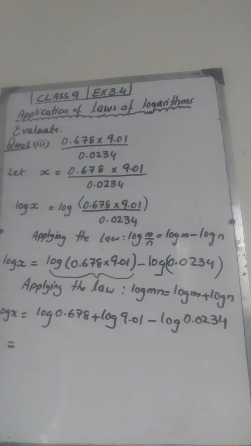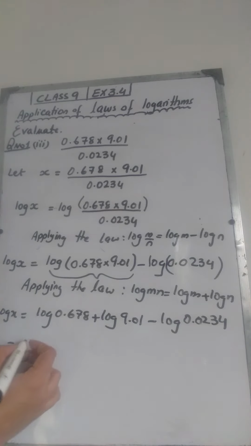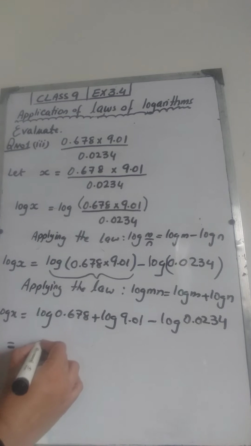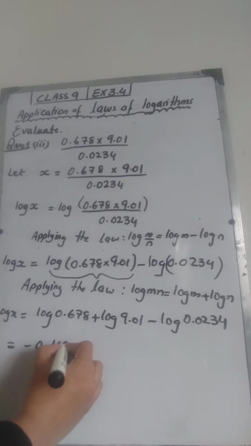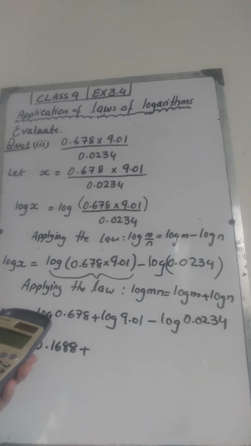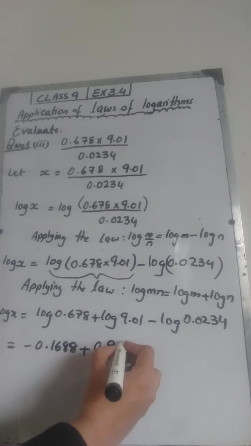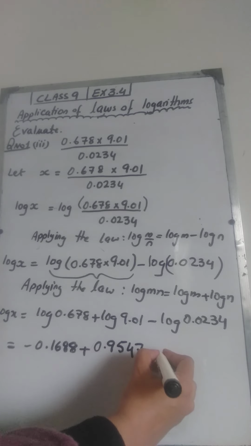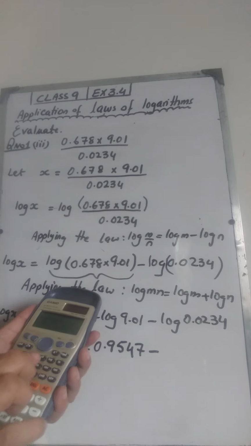So log of 0.678 from the calculator is negative 0.1688 up to 4 decimal places, plus log of 9.01 is 0.9547 up to 4 decimal places, and log of 0.0234 will be